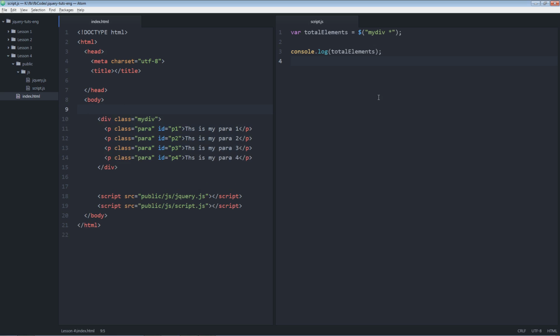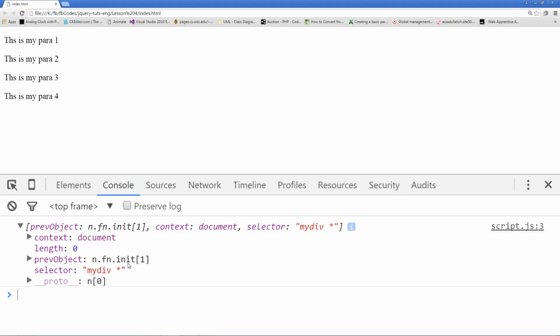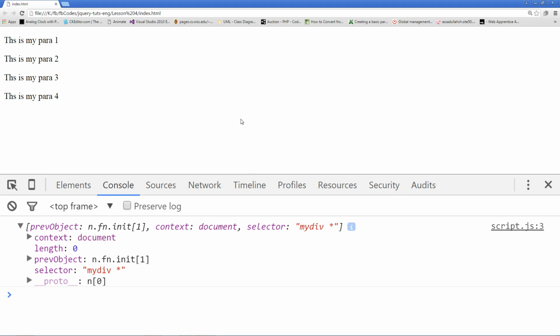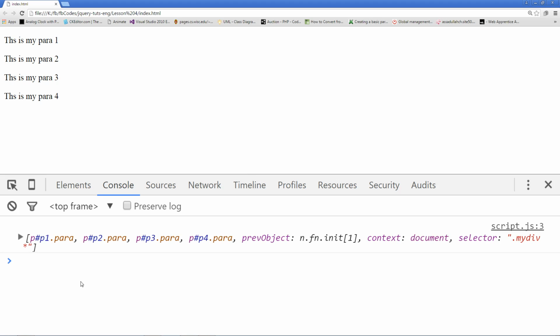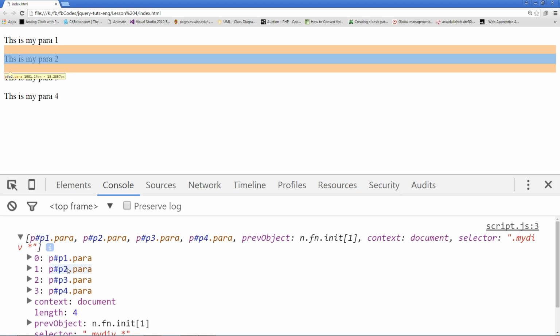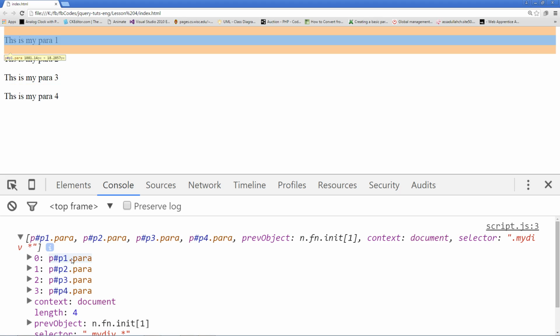And if I go back and refresh, I'm using the class selector. I forgot to put the full stop over here, the dot. Refresh. So it has 4 descendants. The first descendant is P1, then P2, then P3, then P4. So the count starts from 1, but